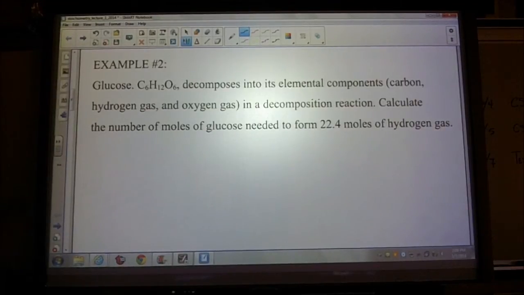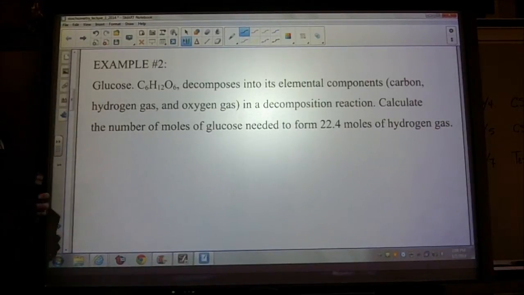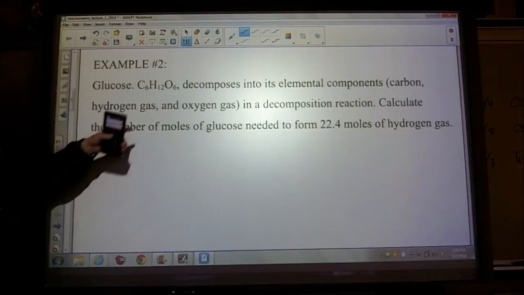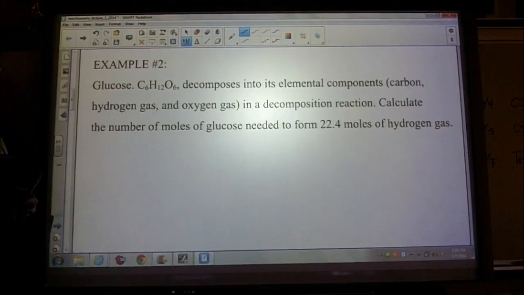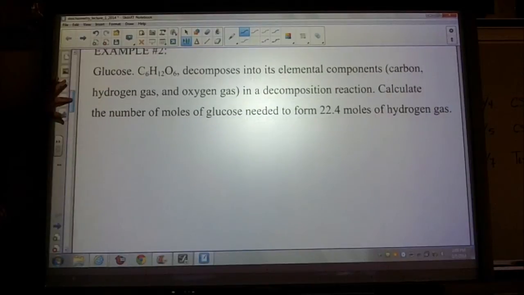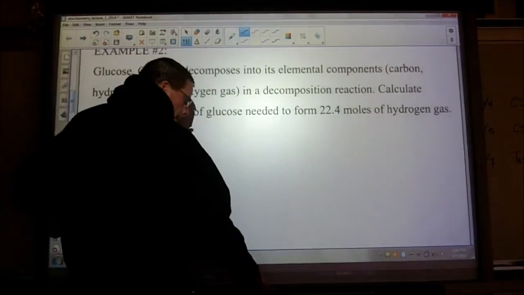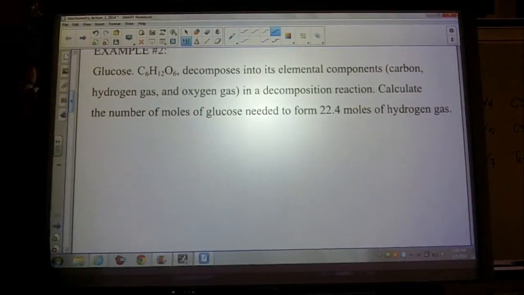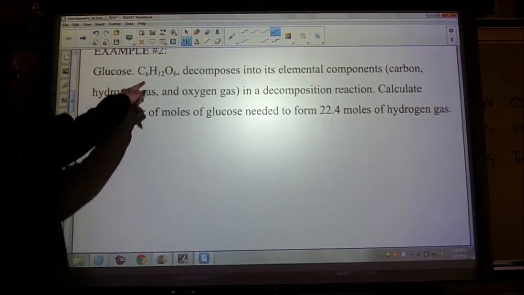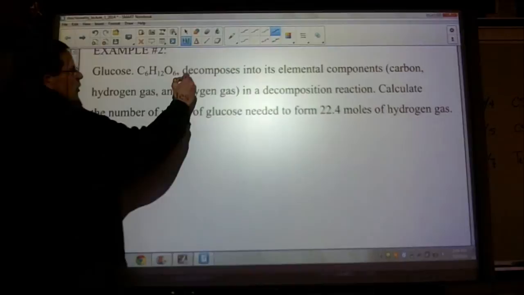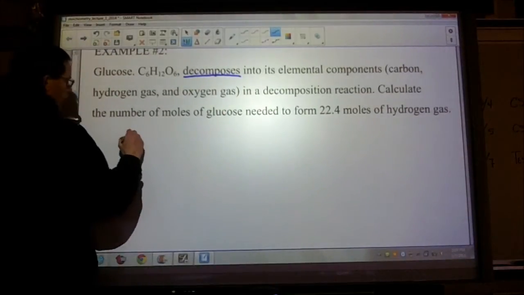Glucose, C6H12O6, decomposes into its elemental components, carbon, hydrogen gas, and oxygen gas. In a decomposition reaction, calculate the number of moles of glucose needed to form 22.4 moles of hydrogen gas. So what's the first thing that we're going to do? Balance the equation. Okay, who are my reactants? Since it says it decomposes, so